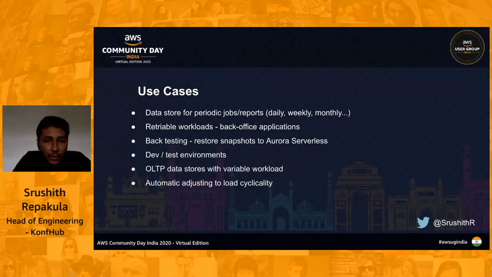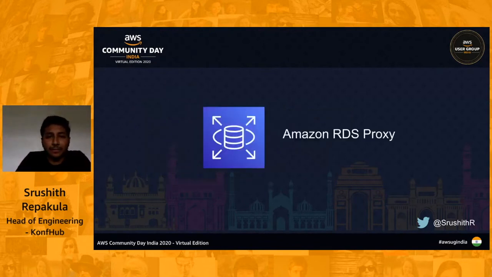We are not running it 24/7, right? It's a dev test environment anyway. The developers or the testers can wait for 30 seconds for the database to come up and running. So it is very much suited for dev test environments to enable DB auto pause, whereas for production, just leave it as is, and you have the advantage of the scaling, the pricing, and everything. So automatic adjusting to load capacity.